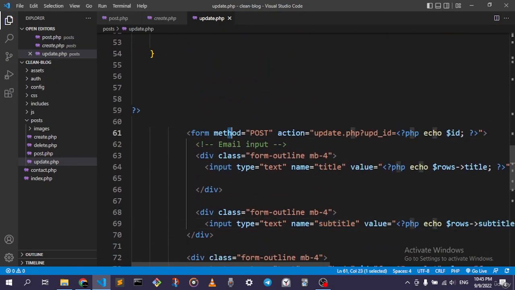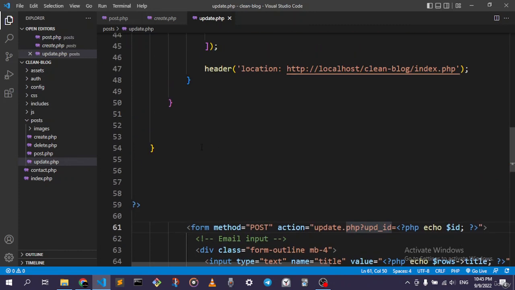And make sure down here we have the method with the post, and the action is the update.php, and we're putting our own ID down over here. This also will not work if you did not do this, because it will not recognize which post that you're